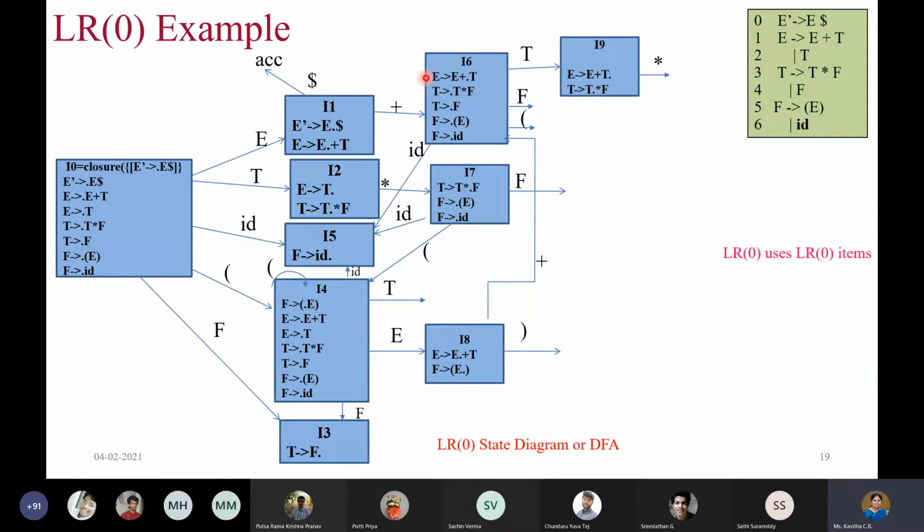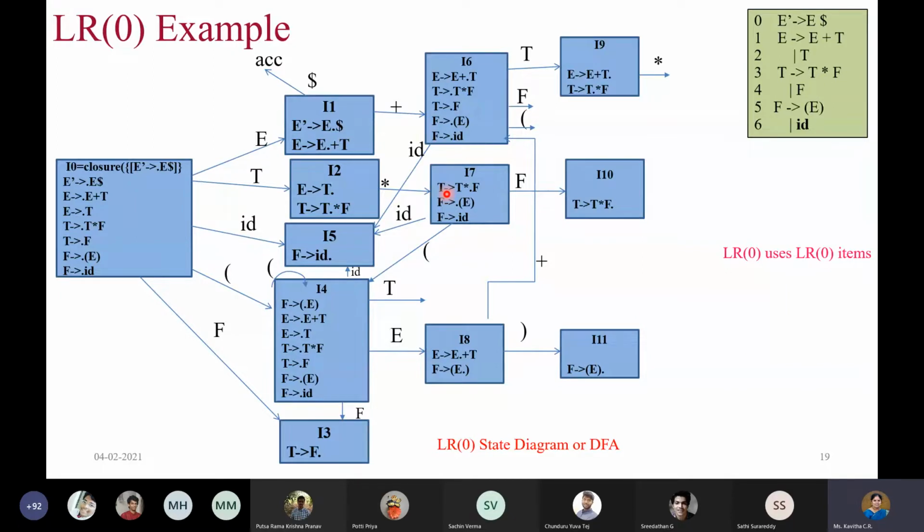And you see how the dot is moving in each state when you read the symbol. Now the dot has been moved to the last location. Similarly, there is another rule having the same non-terminal, so we will read that. Once you read, you'll get something like this. Okay, so that is I9. Similarly, when you read F, it will have to go to some reusable state. And when you read ID also, it will be the same state. When you read parenthesis also, it will repeat. Anyway, it is going to display.